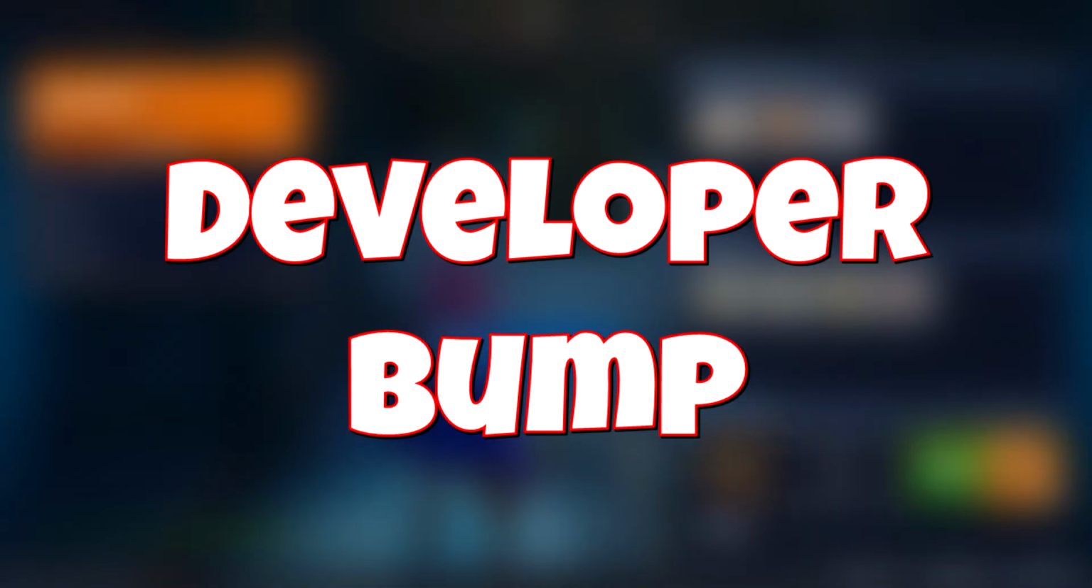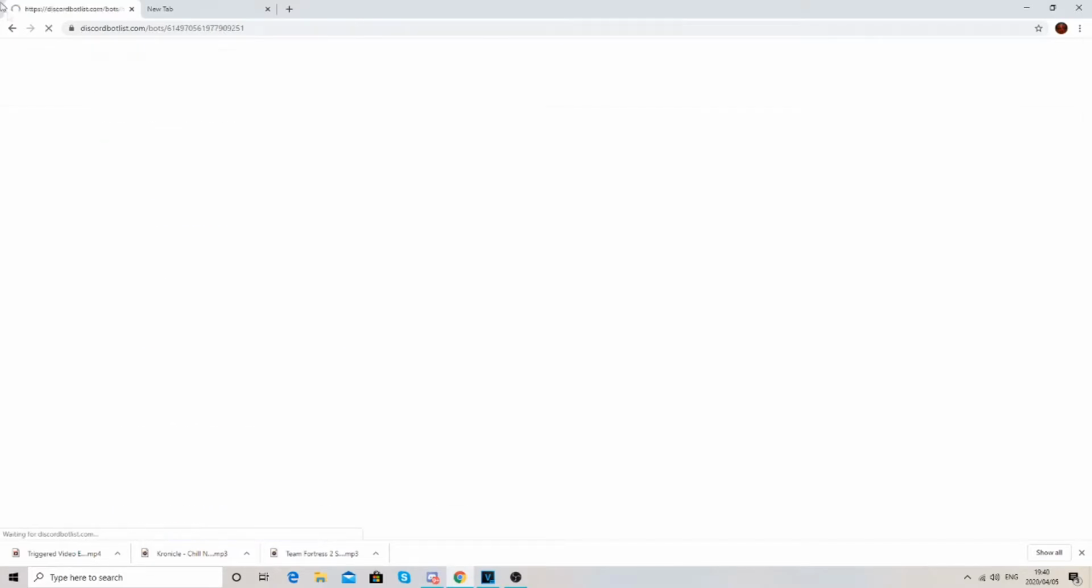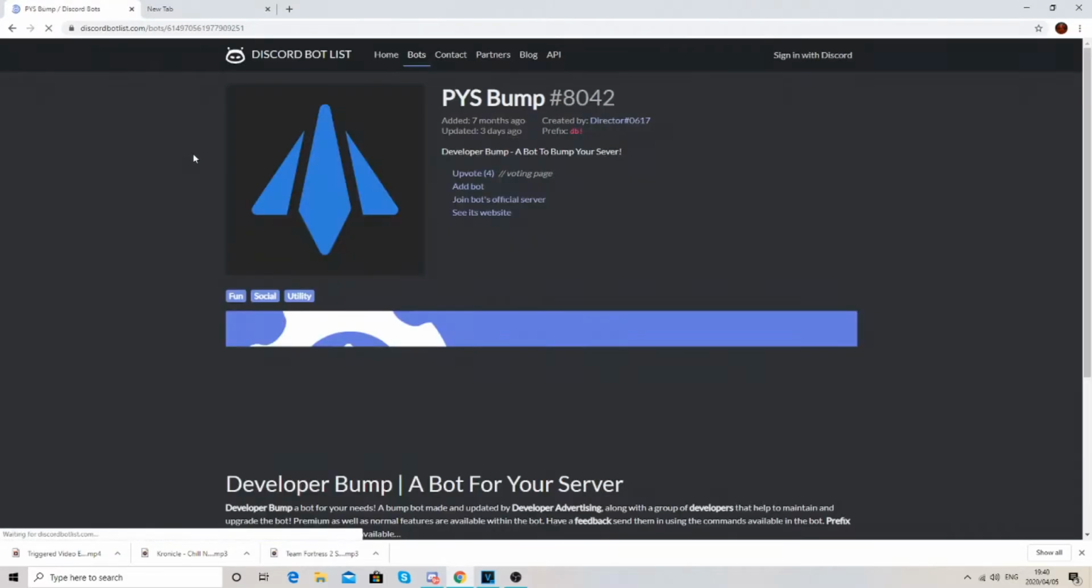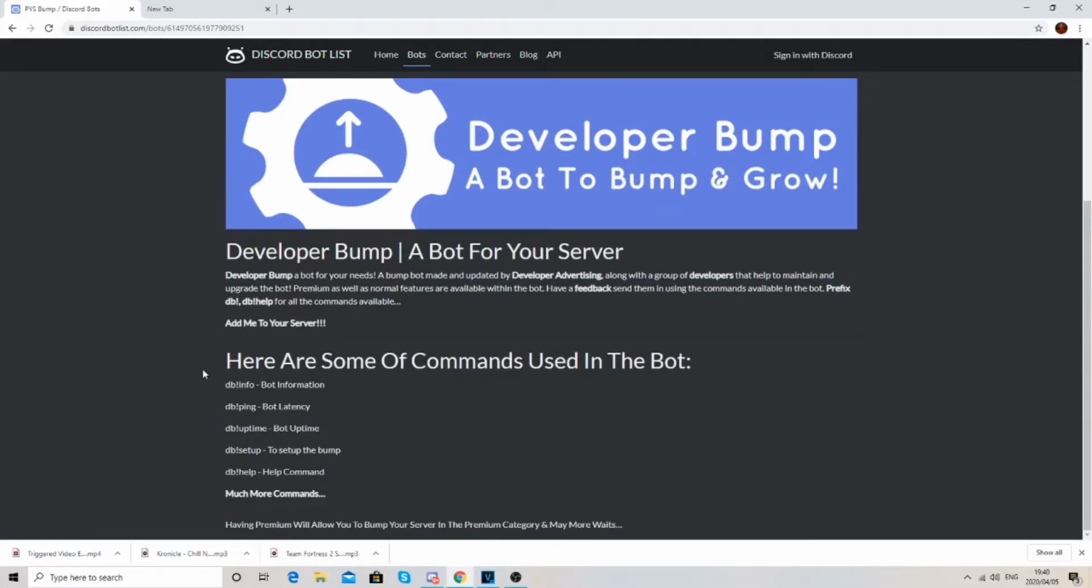So Developer Bump is another bot that pretty much does the same job as OpenBump. What you want to do before you click on this link, the same as everything else, pretty self-explanatory: go on Google or your preferred browser, whatever you use, and type in developer bump, and you'll see these links. Click on the first one right here, which says PYS bump. Now this is going to be a different page, but don't worry, you don't have to sign into Discord on this one. Just read some of the info, read some of the commands that it gives you on their website